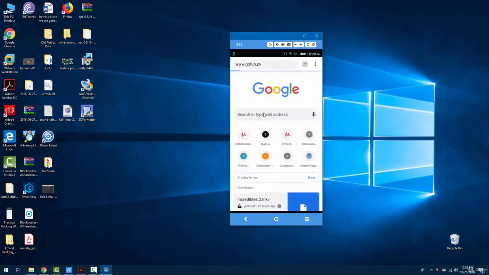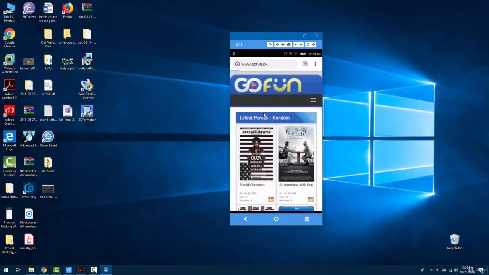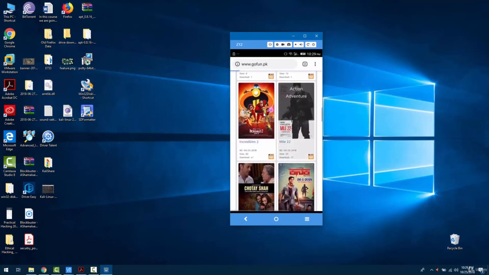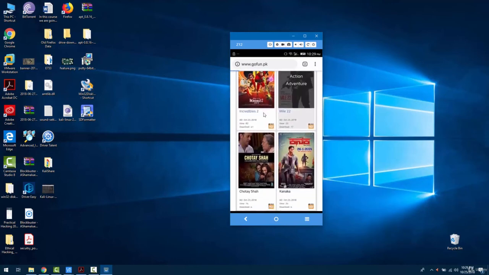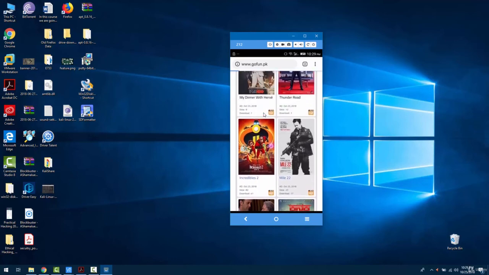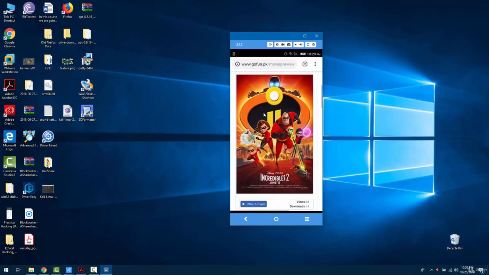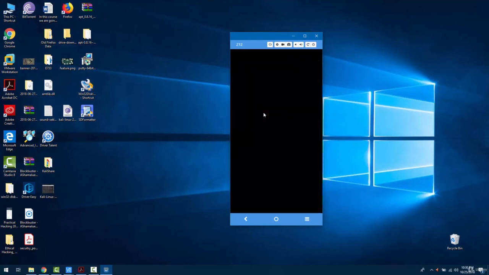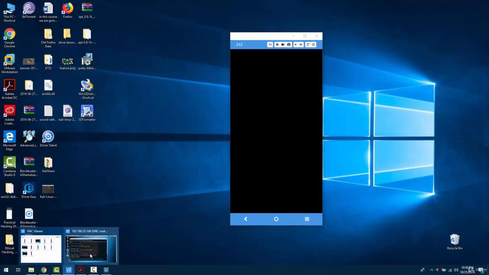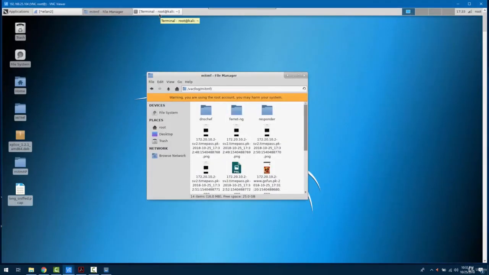Let's just open some other sites as well. And let's now move into our Kali Raspberry Pi device and see how many screenshots we have received, right? All right, so these are the screenshots we have received.